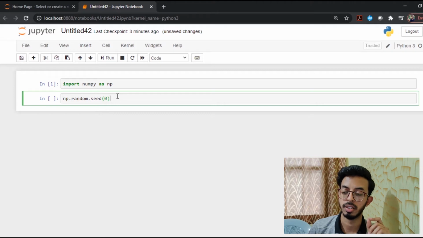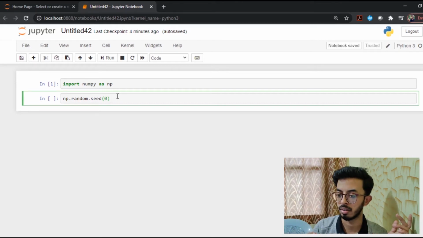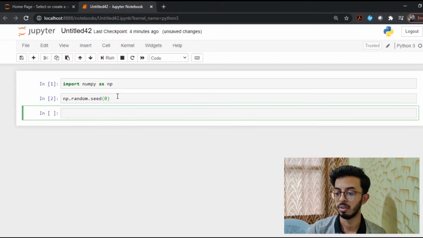How the seed works is, once NumPy has generated a random number array, the seed would copy those numbers, and always create the array using the same numbers. For a practice session, you don't want numbers to keep changing continuously, so that you get the same results I'm getting on your computer. So you just feed it with seed 0 and you will be good to go.